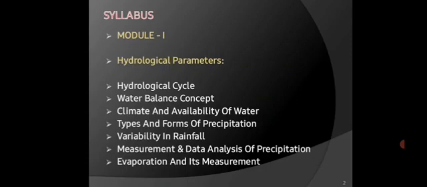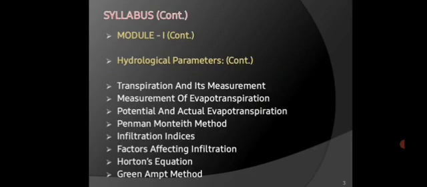This subject syllabus includes a total of 5 modules. First is hydrological parameters. This includes all about rainfall, precipitation, its types, its forms, its measurement and analysis of precipitation, meaning rainfall. Then the other part of this module is evaporation, evapotranspiration and infiltration, in which the discussion is about the factors affecting these parameters, its measurement,